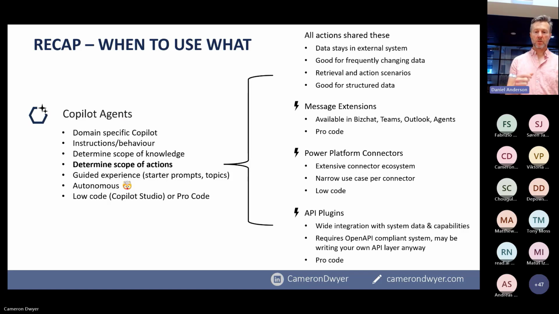Not only are they good for retrieval operations, but when talking about actions, we can also perform actions in those external systems. We talked about messaging extensions, which are a pro-code solution. You may already be using those today, which is why I would suggest using them. If you've already gone to the effort of building them, then expose them through Copilot. But messaging extensions, in my mind, are really allowing you to call one API endpoint with one search term and get a result back. So really you're calling one API endpoint with one parameter.